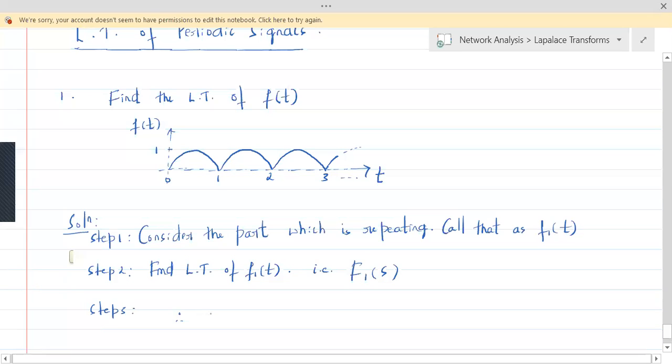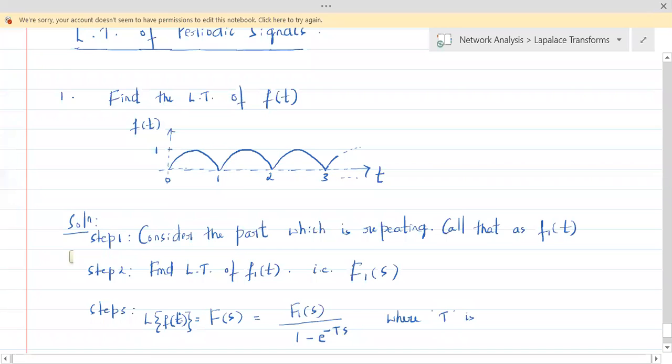Therefore, f of s, the Laplace transform of the given signal f of t, is f1 of s divided by 1 minus e power minus Ts,